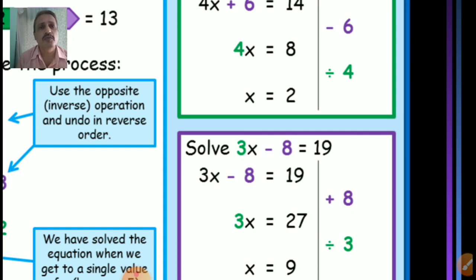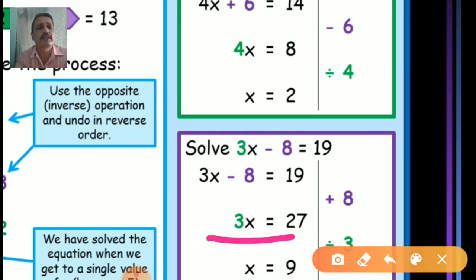This minus 8 is transposed to the right side, that means 19 plus 8, that gives me 27. So here this step shows me 3x is equal to 27. Now who has to move to the right side? Yes, 3 has to go. That's why it's put in green color. Now what is left on the left side? Yes, my dear student, there is x only, and the right side is 27 upon 3.